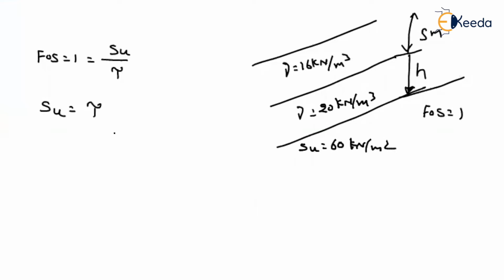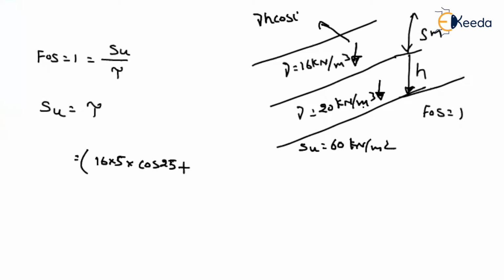Now, how to find the shear stress? First we have to find out the stress truly along the vertical direction. What about the stress from soil A, and what about the stress from soil B? From soil A, the vertical stress is nothing but gamma into H into cos i. What about the gamma here? 16 into what about the height? 5 into cos 25 plus